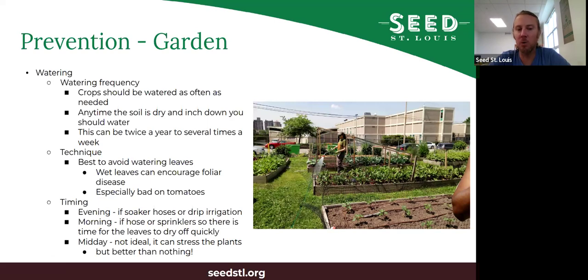Wet leaves can encourage foliar diseases. This is especially a problem on tomatoes. However, if you don't have an easy way to do that, or you have a giant garden and you can't go with a little tiny hose to each individual plant, that's fine. But that is where timing can then become really critical to helping prevent diseases. So if you're doing something like a soaker hose or drip irrigation or watering where you are not getting the leaves wet, evening is the best time to water your garden,